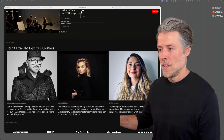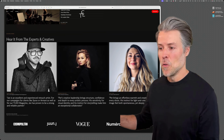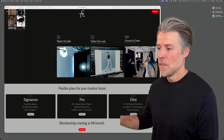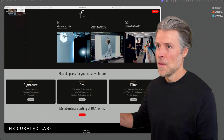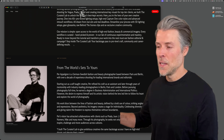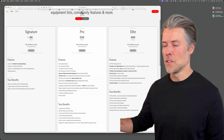You can read from the experts that Per and me have been working with over time, and you will find everything that you want to know also about the plans that you can choose from. You can learn about Per and me and why we created the lab. And of course, here you can see the 3 different membership tiers that you can choose from: